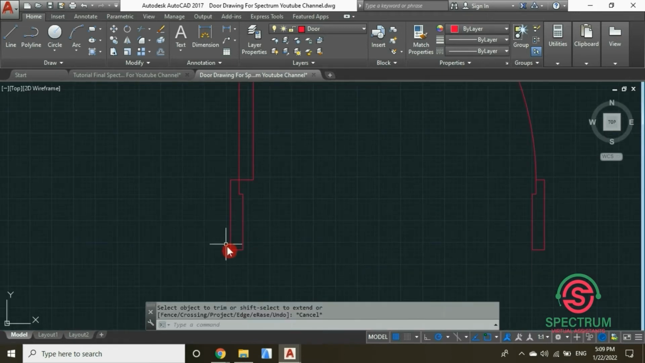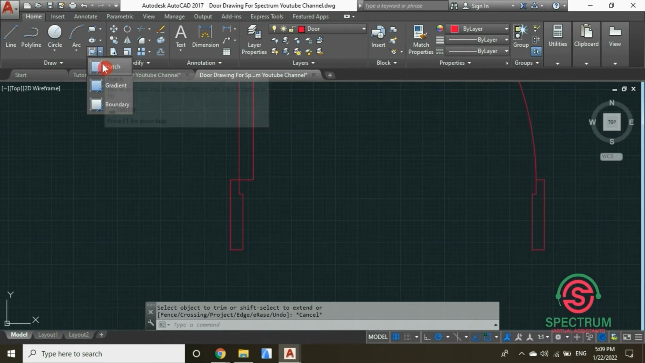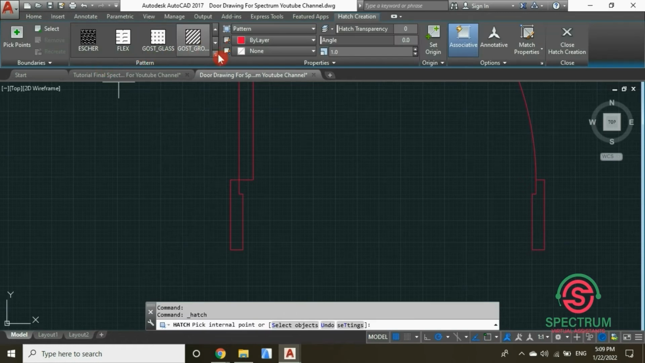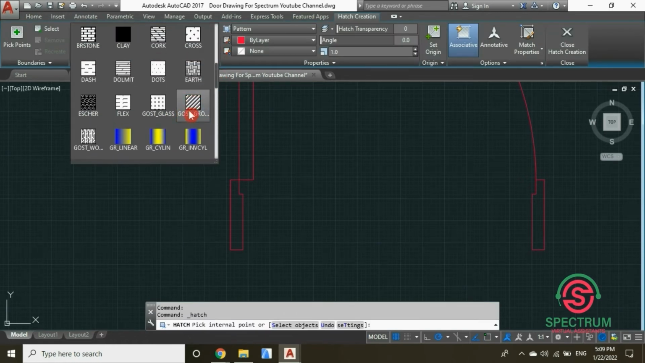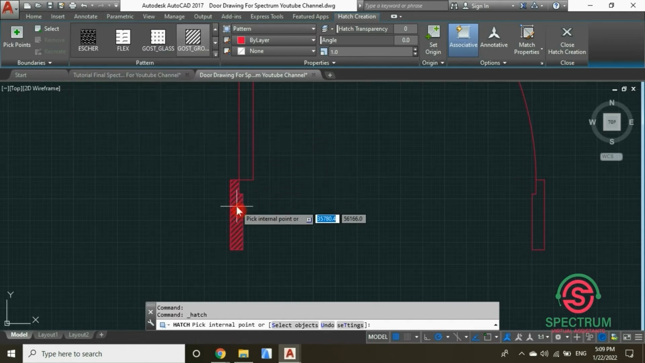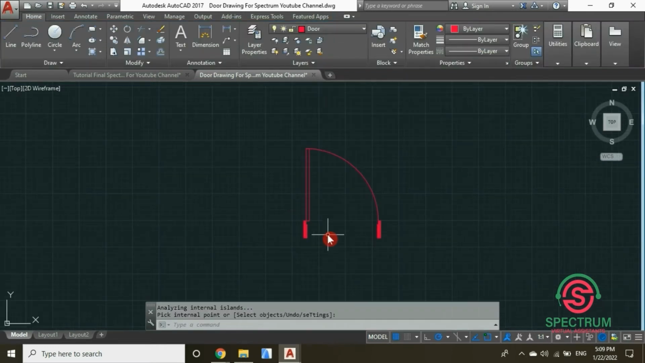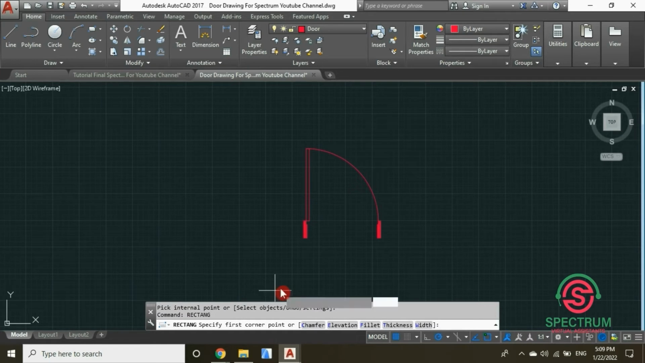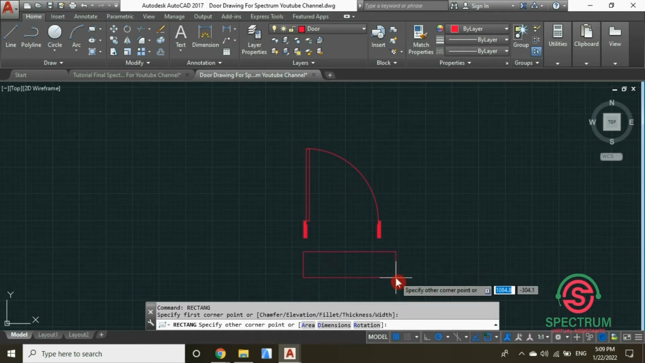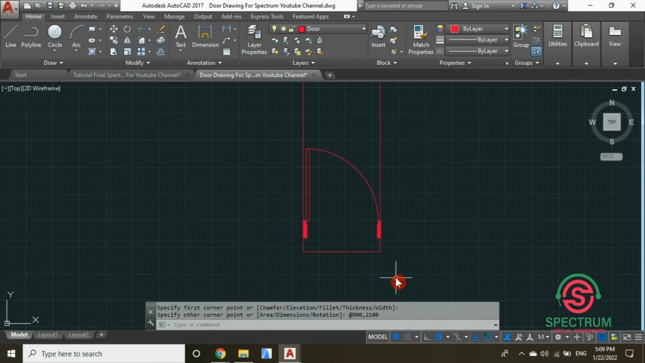Now let's hatch this part. Click on hatch and then select this one and click inside that and inside that, then enter. Now let's draw another rectangle, type in rectangle, enter, click in workspace, type in 900 millimeters by 21 millimeters, click in that rectangle,